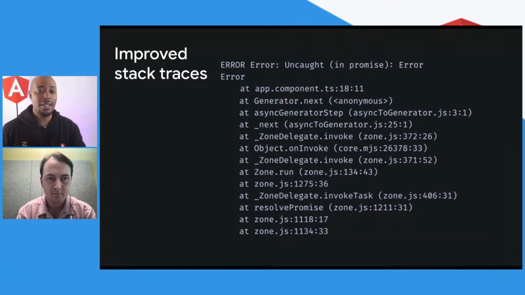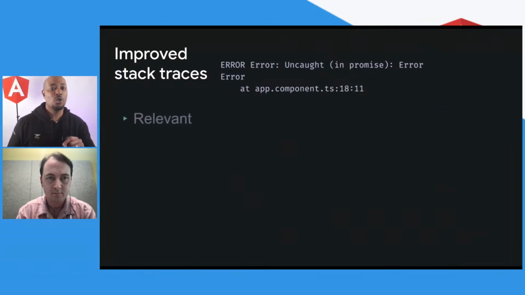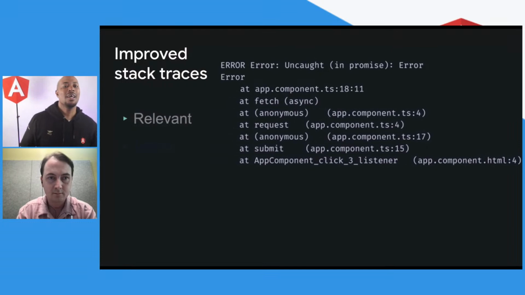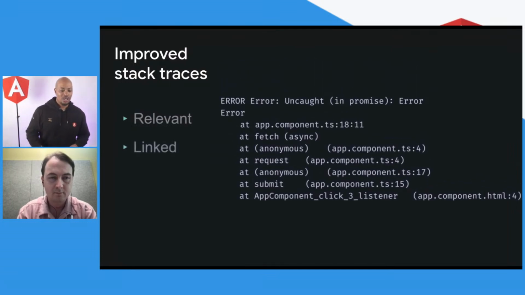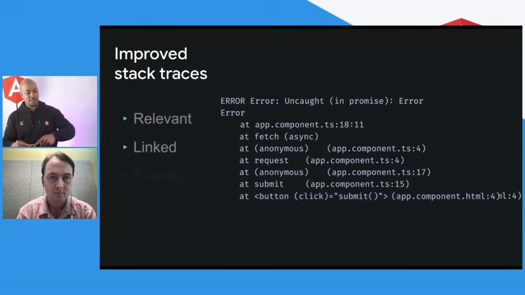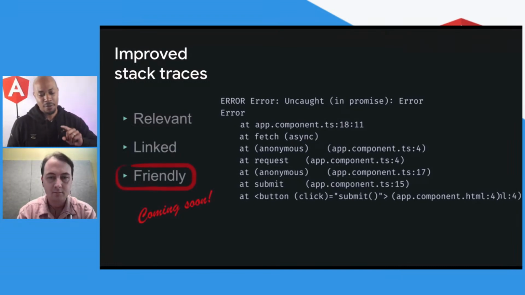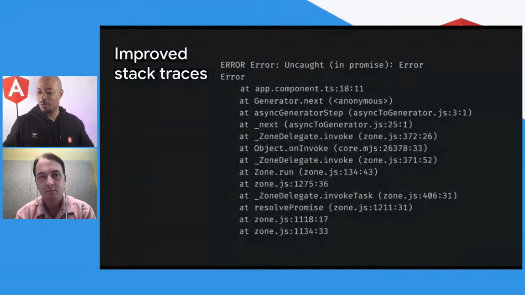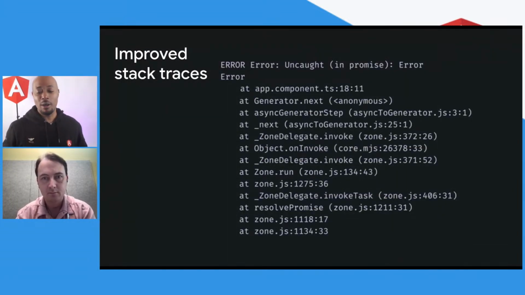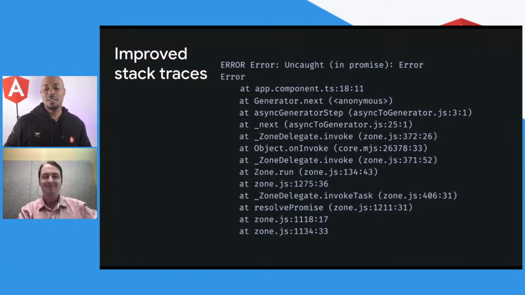And then we're doing one other thing that I cannot wait until it drops because it's going to be so fantastic. We're exploring how to improve source maps so we can show you the call frame name directly in your templates. Imagine a world where instead of that app component click 3 listener, it just tells you the exact call frame from your template. This is coming. We are working on it and it's coming. Seriously. Just hang in there, friends. Keep sticking with us. We are following through on so many of our promises. When I say this is coming, this is coming.